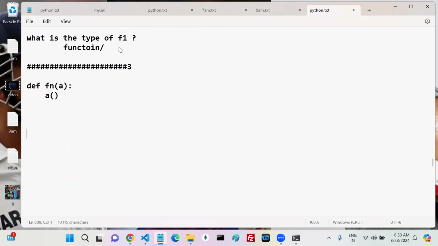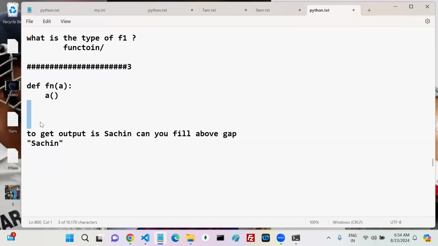The question is: to get the output like such, can you fill the above gap? That means to get the output like this, can you fill that gap? While calling this function, fill the gap.